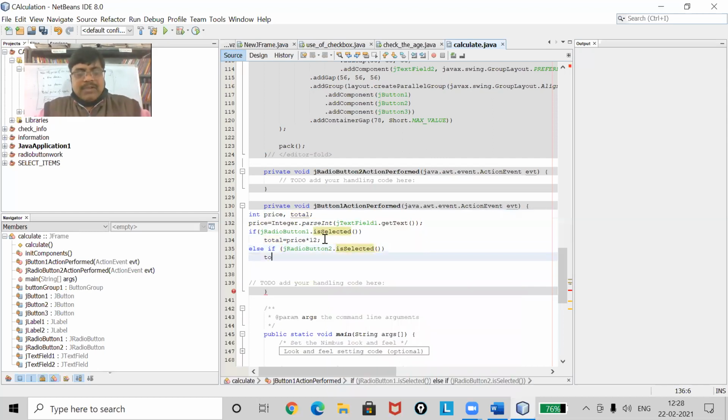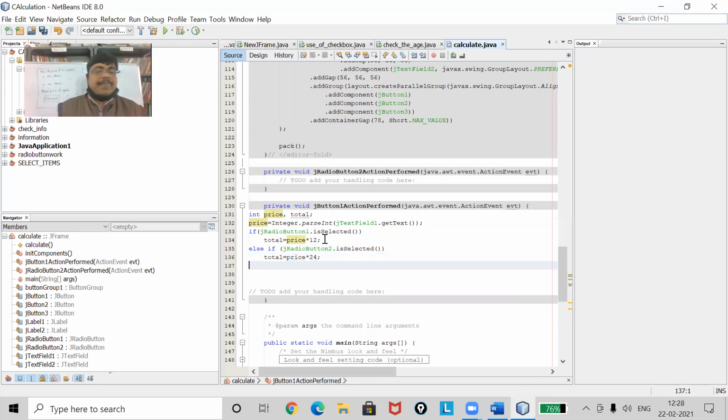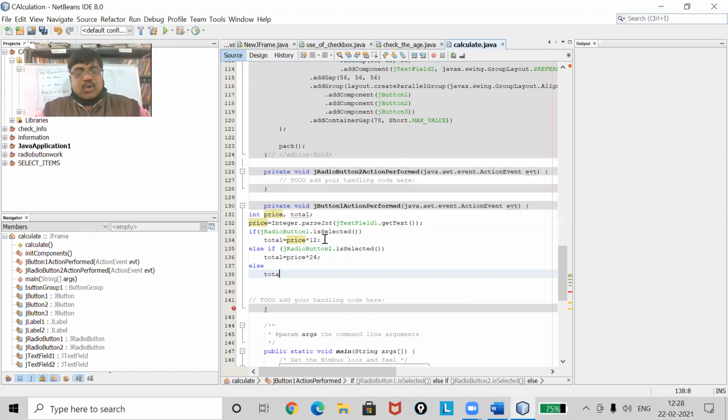Then total will become price into 24, because 2 dozen, that means 24. Clear? Now, if this one is also not done, then I will go for the else part. Else part, total equal to 0.